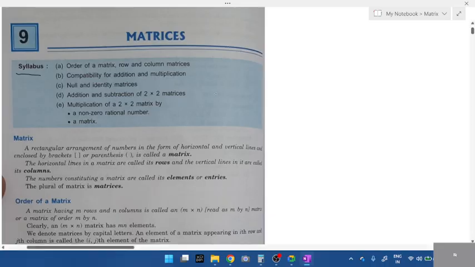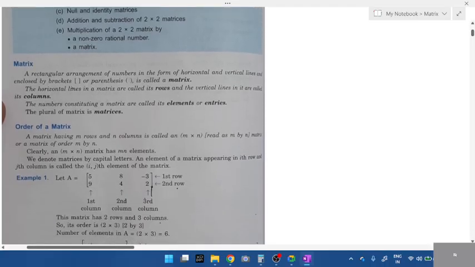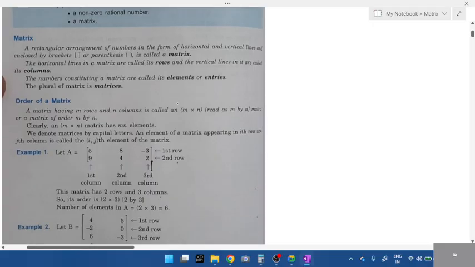Look at the screen, students. Can you see the screen, all of you? Is it being shared? Okay. Now, matrix. It's a very simple concept. Matrix is a simple chapter, but it's a lengthy. Same like which one? Like probability. It's a simple concept, not probability. Linear inequation. The concept is simple, but lot of questions to solve. Lot of different types of questions.